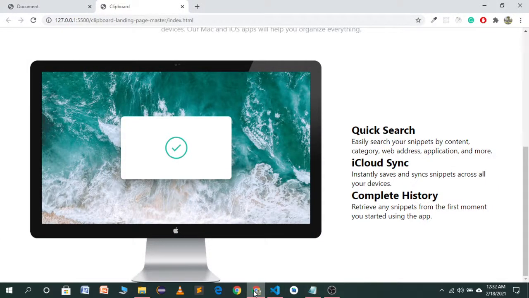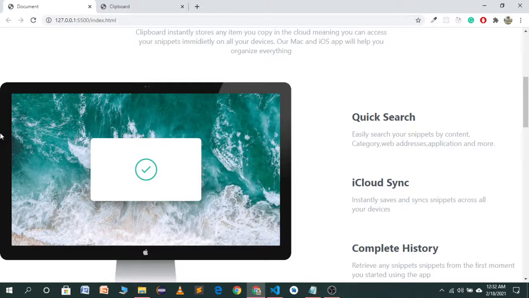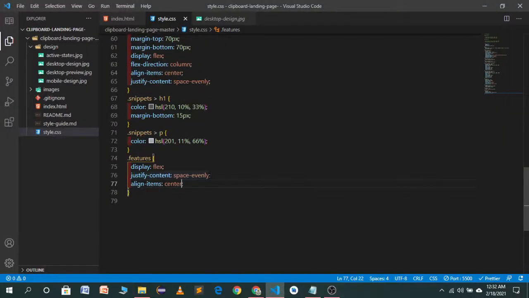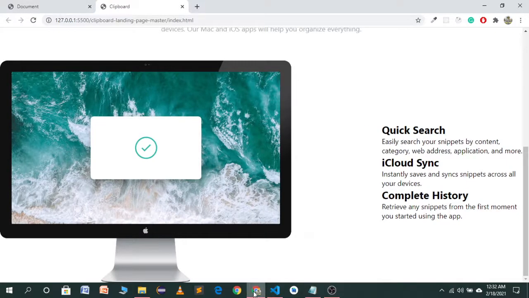It's looking nice, but we want this computer illustration to touch the left part of the screen. So I think let's try space-between. It will look nice. So as you see, it's looking nice, but we shouldn't want this text portion in the right corner.